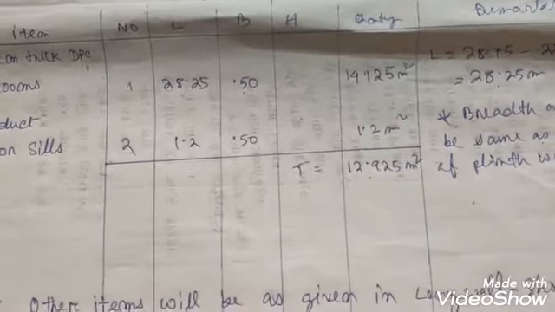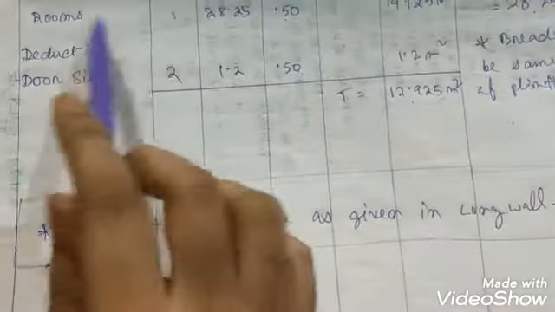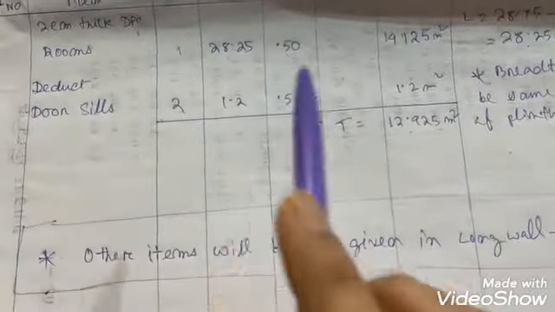So in this way we need to calculate the various items in the center line method. And what about the other items? Plastering, painting, all these items: the method of calculation will be the same as given in the long wall short wall method. I have already taught you how to calculate the other items, be it cement concrete floor, plastering, or whitewashing. The calculation method for all those items will be the same as in the long wall short wall method. Only the difference comes out in these items, and these items we have covered in this video.